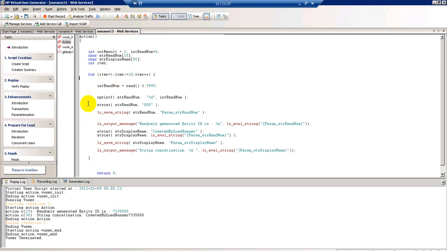That means execute this statement 20 times. But how to increase? iter plus plus means I am increasing the value one by one. So it goes 20 times.